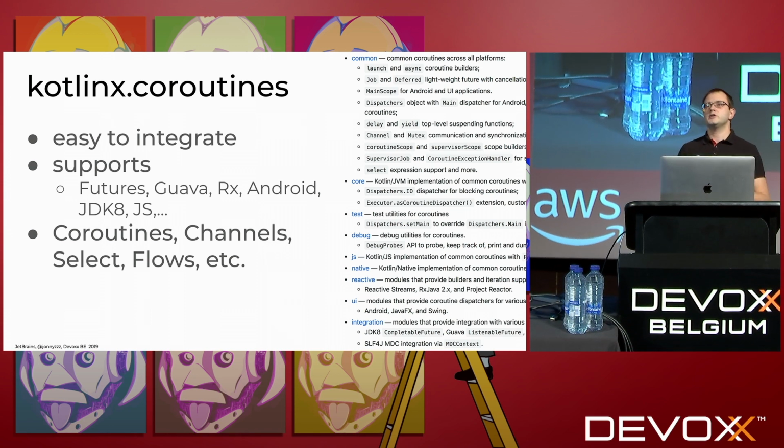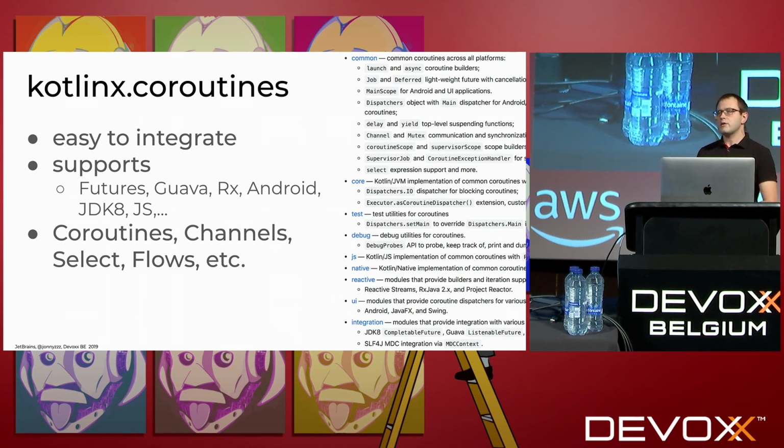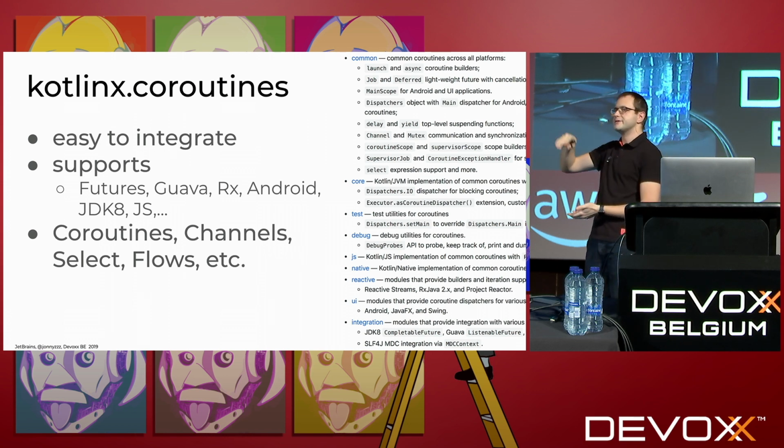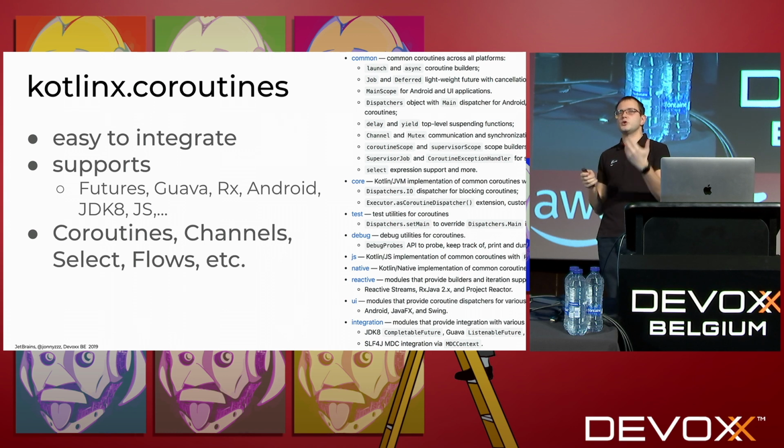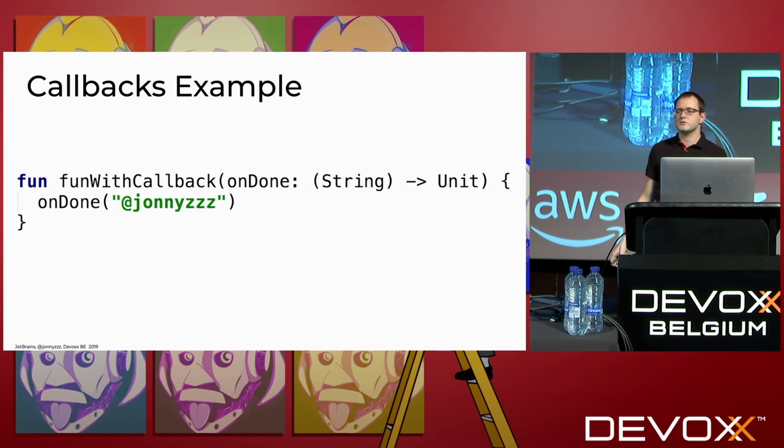This is the library which helps you to deal with coroutines. This library is so huge that I failed to put all the modules it has on this slide. From the other side, it's pretty awesomely documented. And it supports as many features as possible: channels, select expressions, flows, reactive extensions, anything. So if you would like suspend functions and readable code, it's something to consider. Well, and here's an example for you.